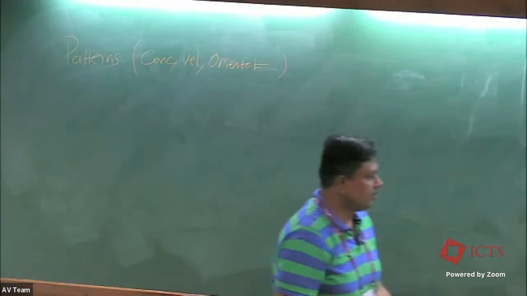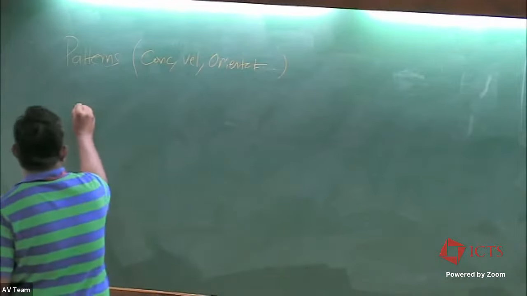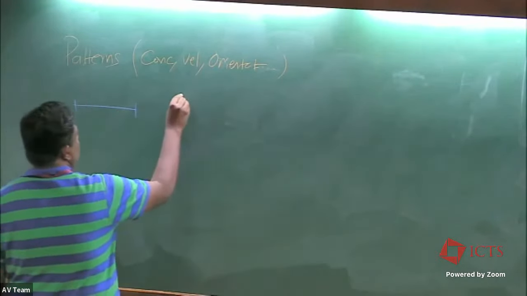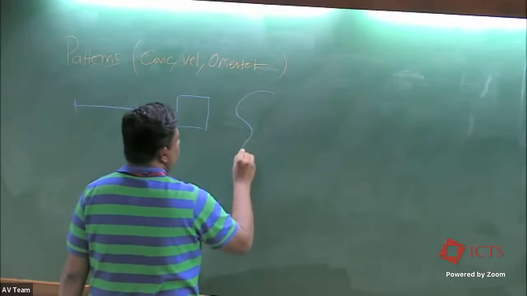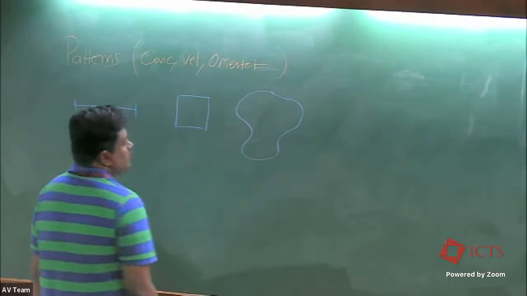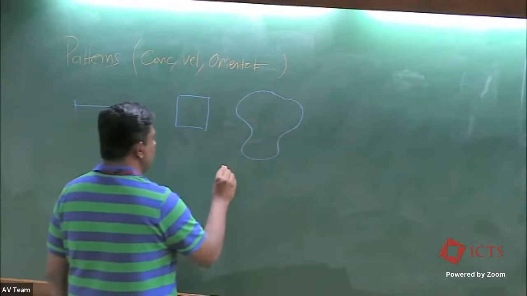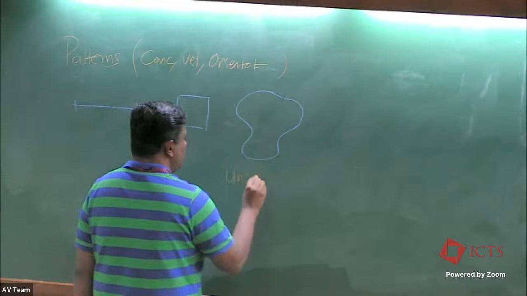But these are all on a fixed domain. So you did it on a shape, on a domain which was fixed in shape and size. So maybe you had a one-dimensional domain, maybe you had a square domain, or maybe if you're brave enough, you did it on some shape which was fixed. So this itself has a huge number of unsolved problems, in particular about how